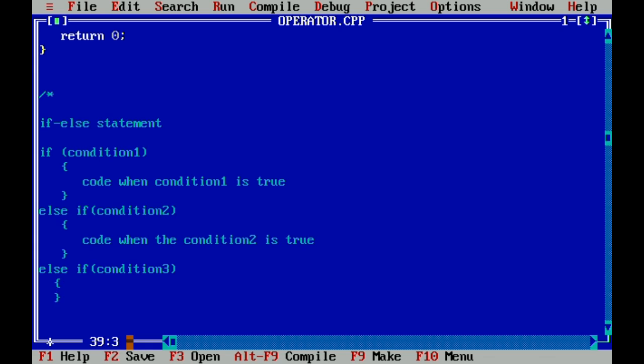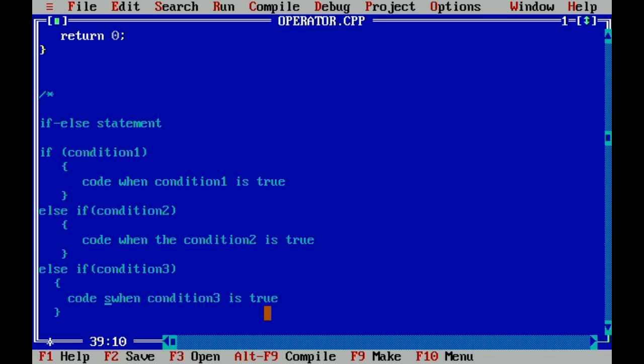Oh, I mean another set of codes for when condition 3 is true. So these are the codes that we are going to perform whenever condition 3 is true.